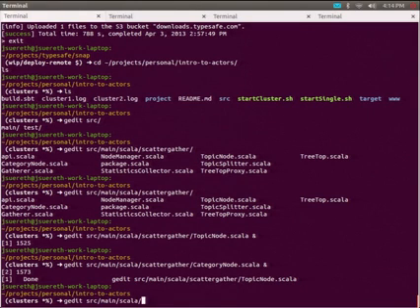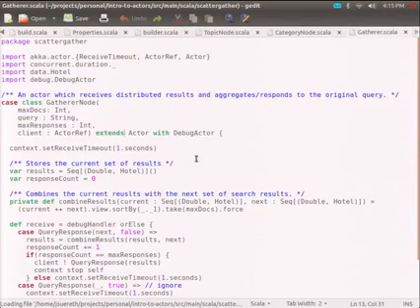Source main, Scala, scatter gather, gatherer. This guy, essentially, he's an actor. Okay? He has a set of maximum documents that he needs before he can respond. He remembers the query, and he remembers the maximum number of responses he needs from a topic to be considered healthy, okay, from topics. So if you don't get responses from all your topics, you could still return intermediate results, and everything's okay.